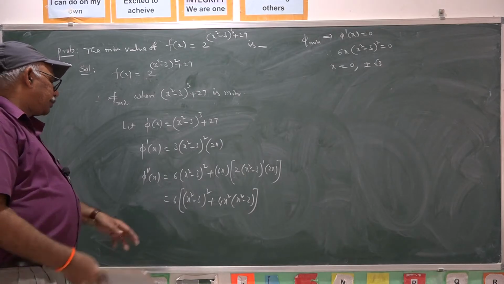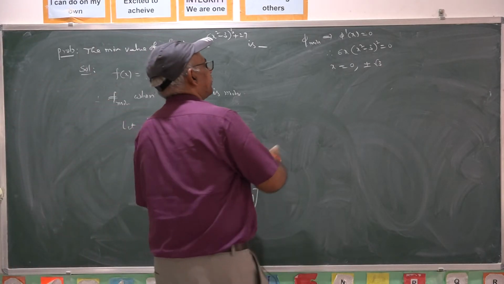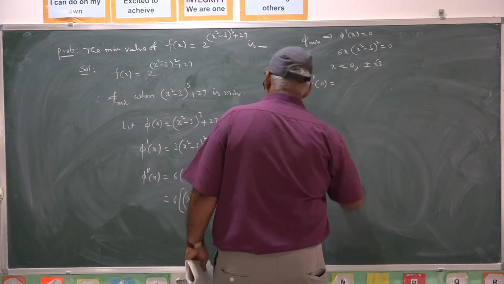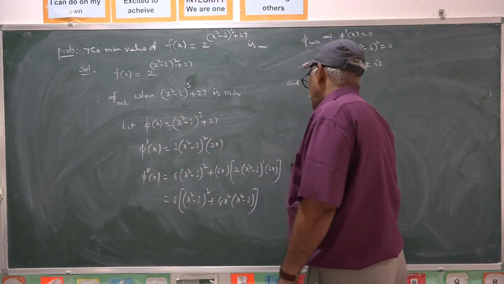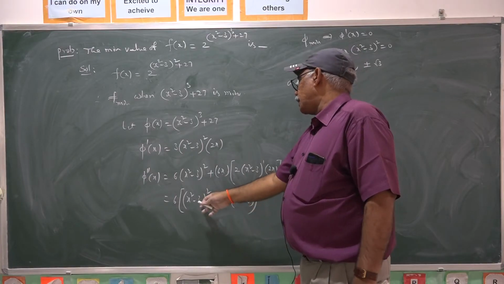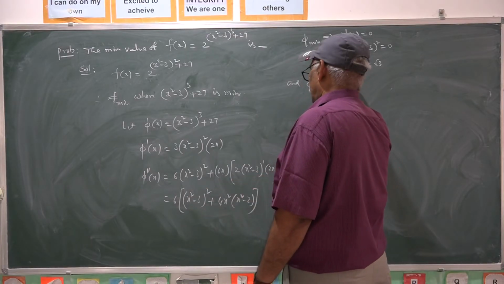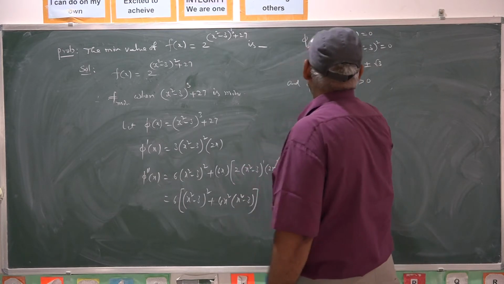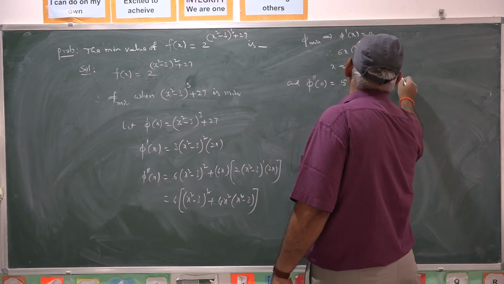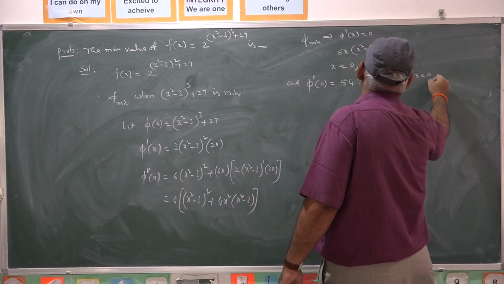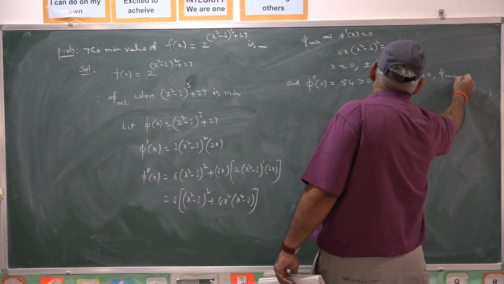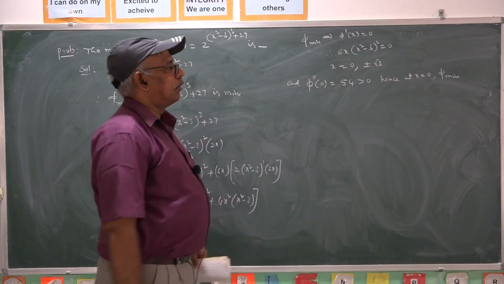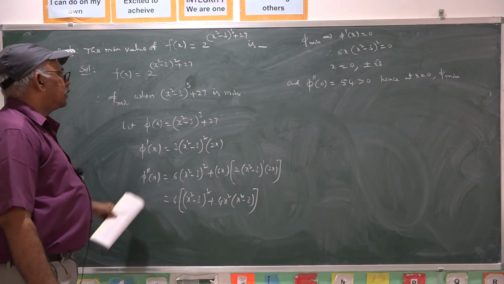At x equal to 0, observe phi double dash at these values. Phi double dash 0, taking x equal to 0, this is 0 and this is 9 into 6. 9 into 6 is 54, positive. Once it is positive, hence at x equal to 0, phi is minimum by the second derivative test. You need not go through these other values. Phi takes its minimum at 0.